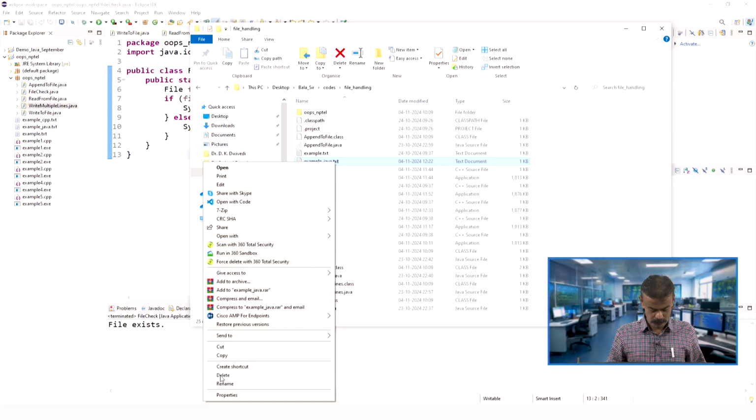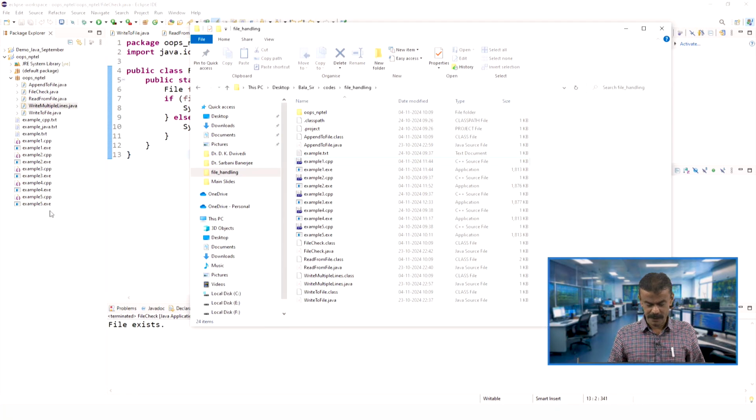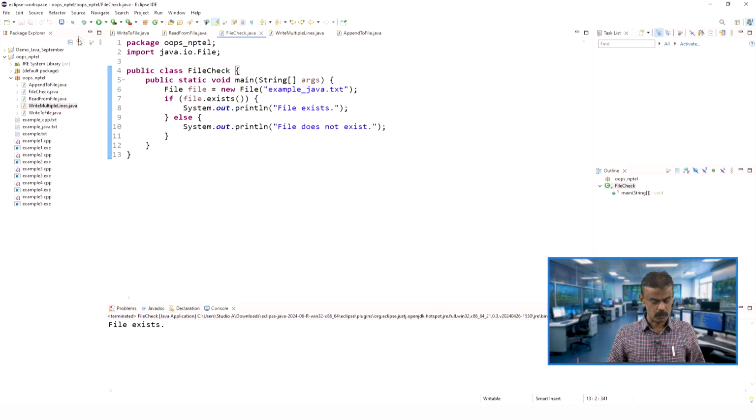So, now similarly what we are going to do, we will delete the file, all right. So, here we are deleting. The file does not exist now. So, again we will run the code, all right. So, it is saying "file does not exist". Is it clear now? So, both C++ and Java we have seen. In one case, the file was there, and then it was printing "file exists". Then we deleted it.